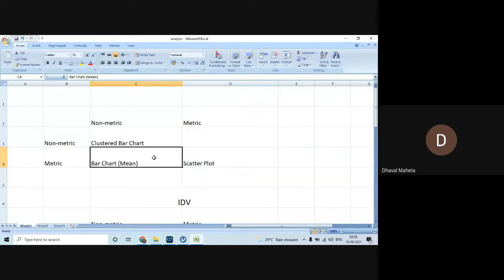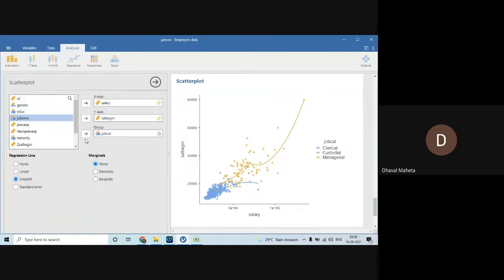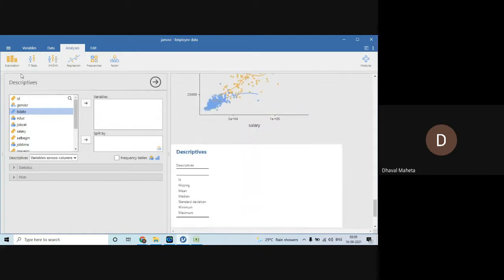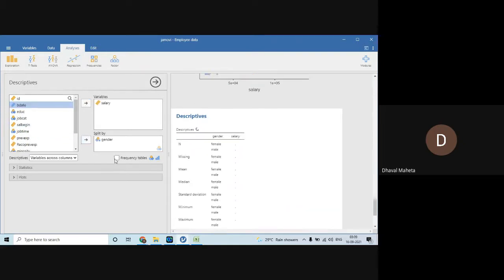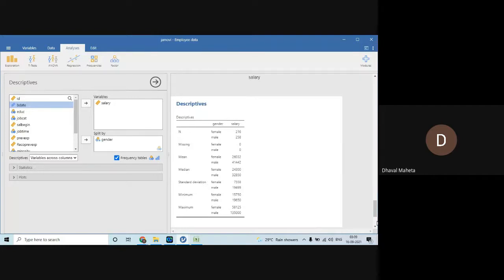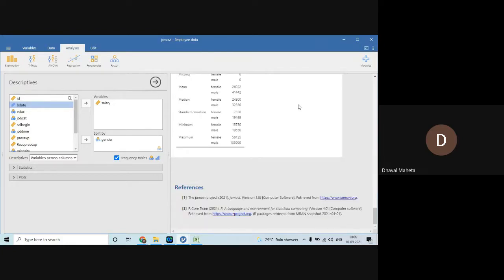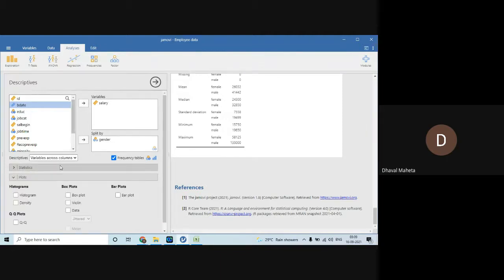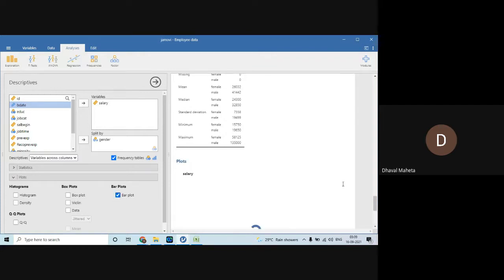Now I wanted to do about this part. What is this part? Go in exploration, descriptives. One variable is metric, another variable is non-metric. Click on frequency tables and charts. See the result. If you don't get any result here, go in plots, and in plots click on bar plots.